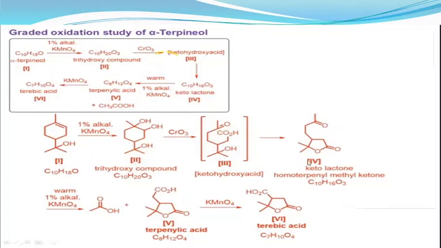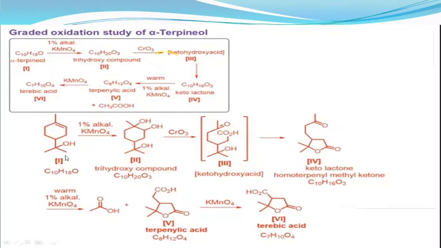a lactone ring. As you can see here, this might be the position of the ketohydroxy acid. This is very unstable. It readily undergoes lactonization, resulting in the compound 4 ketolactone. And finally, as you can see, these two hydroxyl groups mean that the double bond is present here, and due to this the hydroxylation takes place, resulting in the formation of a trihydroxy compound. Only one hydroxyl group is present. Thus you can say the possibilities of these structures have been great.